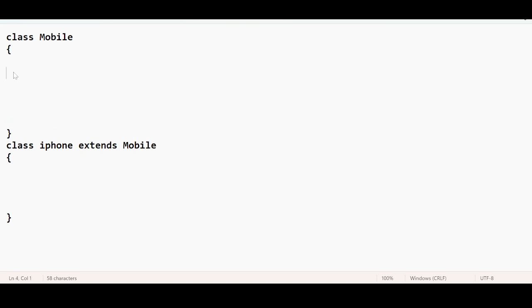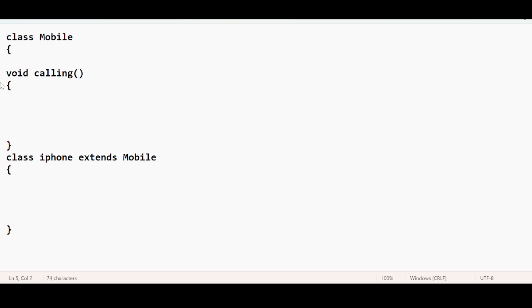Now I want to add a method, void calling, with a statement System.out.println to display something like calling.